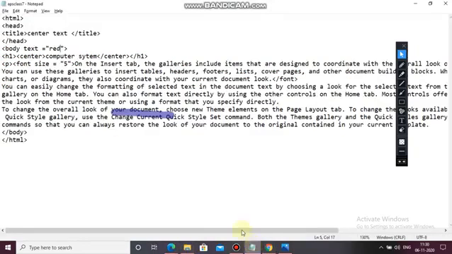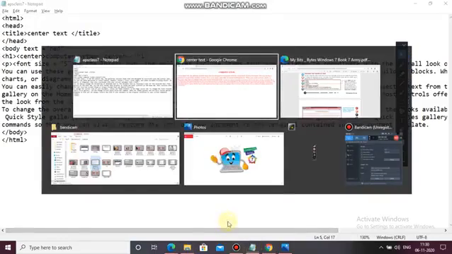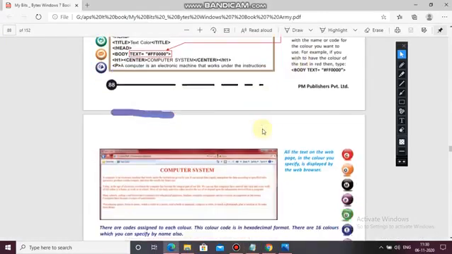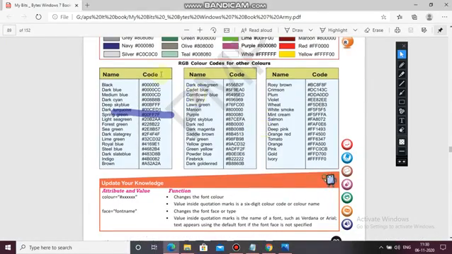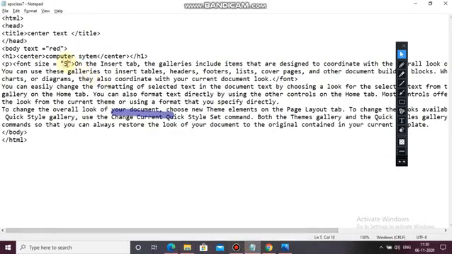Now I am going to take some codes and check. I am taking a purple, hash 8080. Let's see what happens.